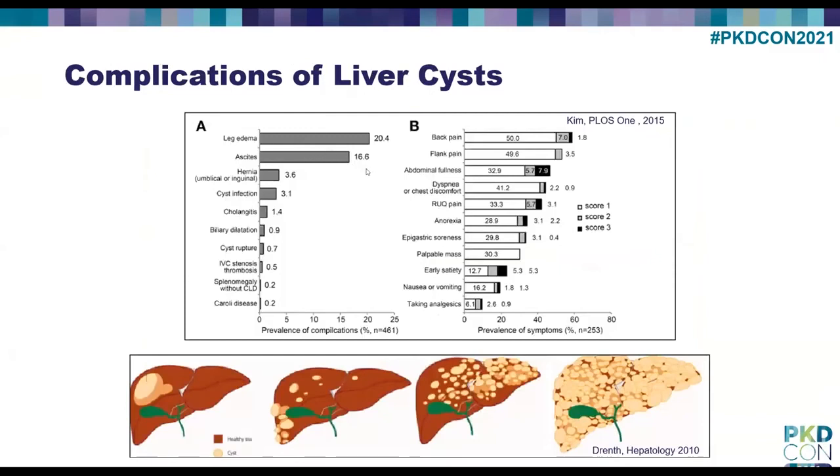And this is another study looking at similar either complications or symptoms. The symptoms people are mentioning here are back pain, flank pain, right upper quadrant, so right under the rib cage pain. You may have palpable masses, so you can imagine as the liver is going from maybe a single cyst in an otherwise normal looking liver to more and more cystic, that right under the skin surface, you can feel the cysts, and those are liver cysts generally that you can feel.